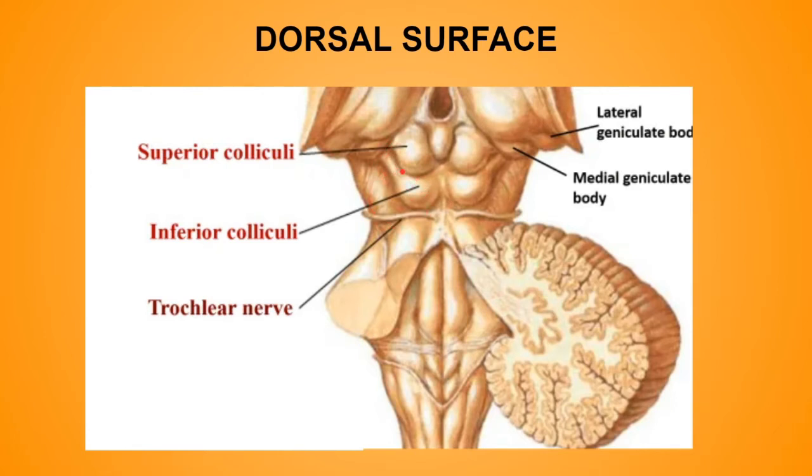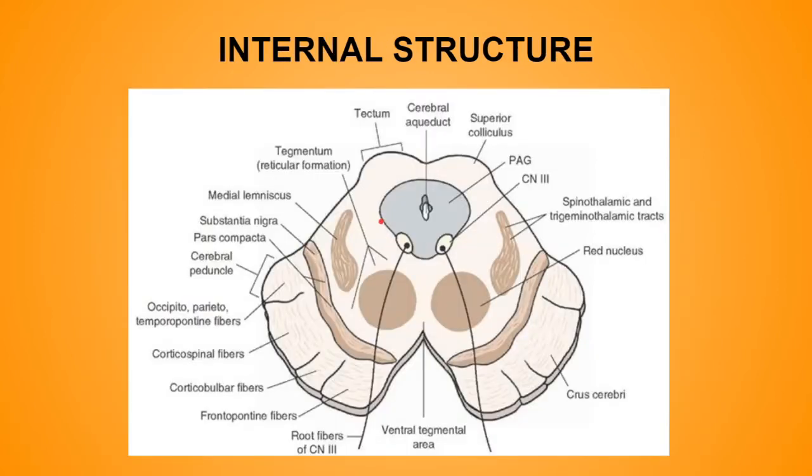Now the main function of the brachia is to connect the colliculi with the geniculate bodies. The superior brachium connects the superior colliculus to the lateral geniculate body and also the optic tract, and is made up of optic tract fibers, while the inferior brachium connects the inferior colliculus to the medial geniculate body and is made up of auditory fibers. The superior and inferior colliculi are concerned with reflex activity triggered by the visual and auditory impulses respectively.